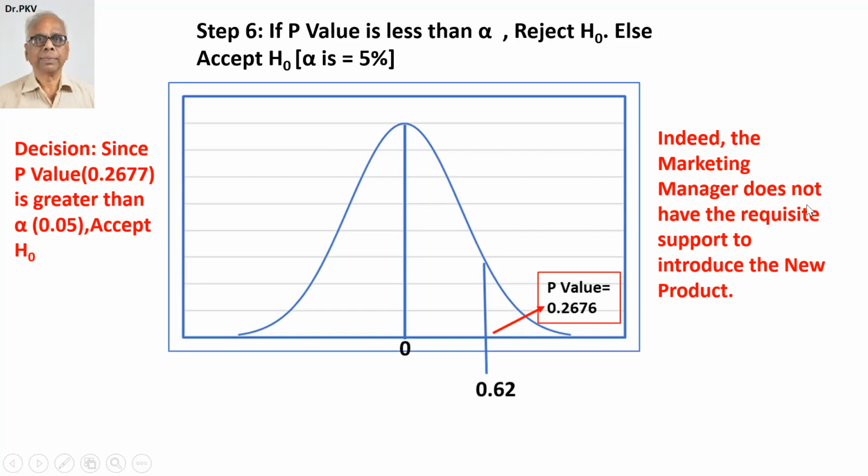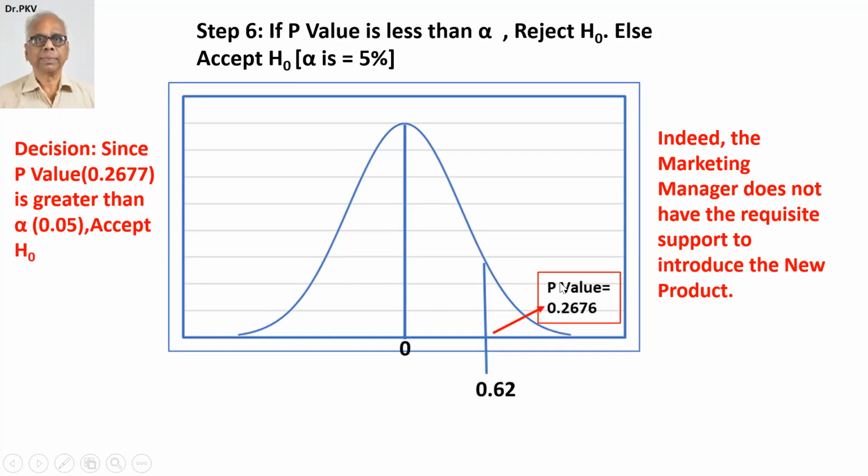That means, indeed, the marketing manager does not have the requisite support to introduce a new product, as the p-value is 0.2676. And therefore, you are approximately 73% confident, whereas what you want is 95% confident